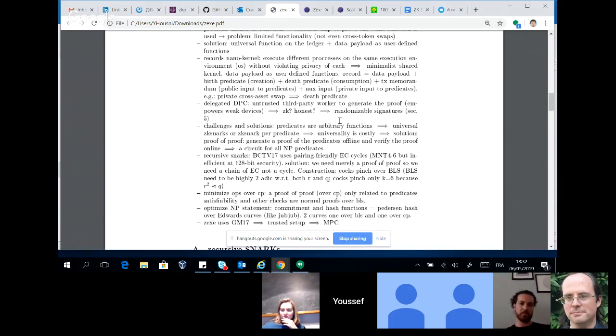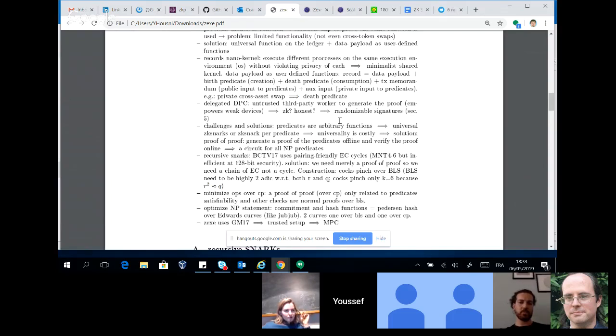So if we go back to look at elliptic curves that are used in distributed ledgers for the time being, in Ethereum we have BN128, and in ZCash, after the Sapling activation, we have BLS 12-381. Those two elliptic curves have the same embedding degree equal to 12. But the problem is efficiency if you want to do a proof of a proof, because the Cox-Pinch elliptic curve, which we will call the embedded elliptic curve,